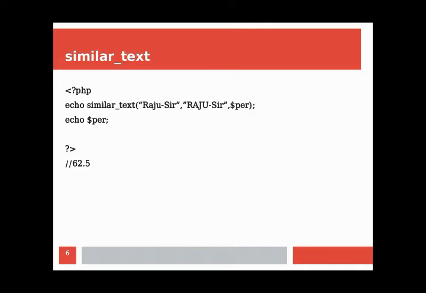So here it will compare the similar text, that means capital R, yes it is. Then A, here small, here capital, so it will not match. So in exact comparison, it will take how many characters are similar, and according to that, it will take the percentage, because we have passed $per as our argument and we display that. So here the similarity percentage is 62.5, hence the output is 62.5.